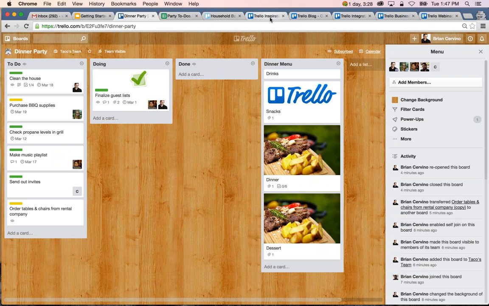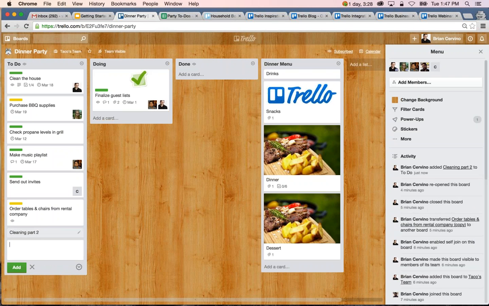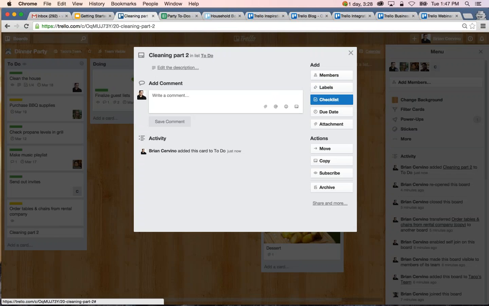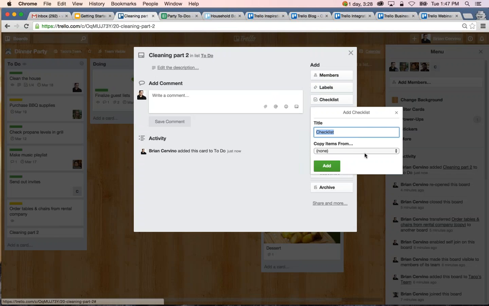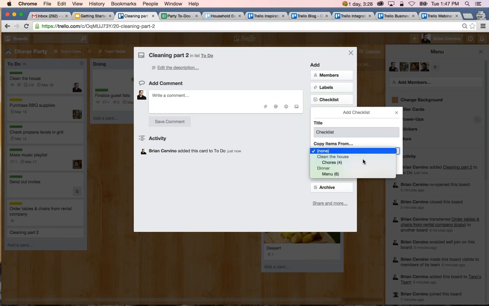Yeah. Let's see. Michelle, you made a note here about creating a checklist. Oh, copy items from another checklist? Yeah, we've had a couple questions on that. That's actually a really great question. So let's say, just for example, cleaning part 2. Let's say I have another card. If you have a checklist on a board, you can copy items from any other checklist on the board